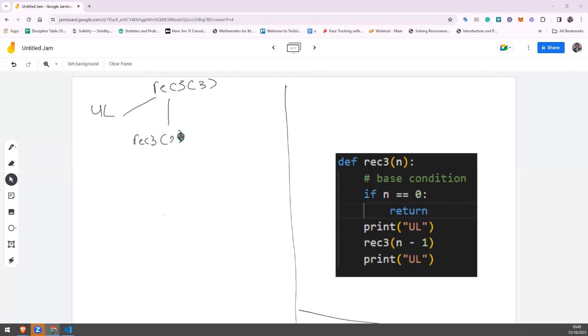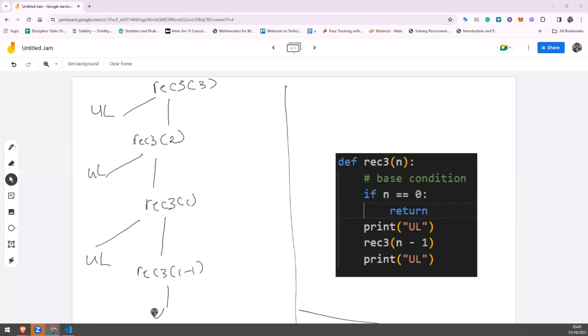Remember, 3 minus 1 is 2. So we enter the function again. It's now going to print UL. Then we're going to have rec3 of 1. We're also going to have another UL, right? And then we are going to have rec3 of 1 minus 1,